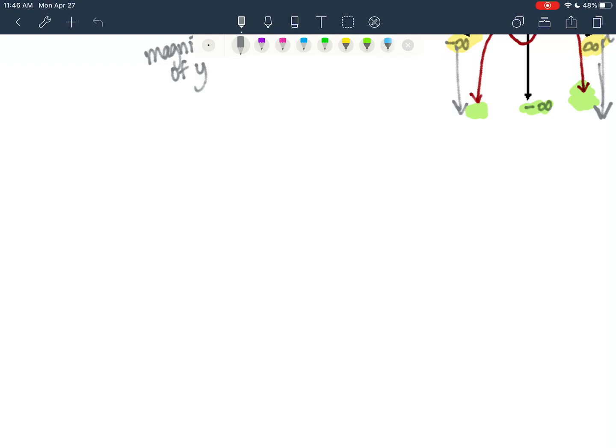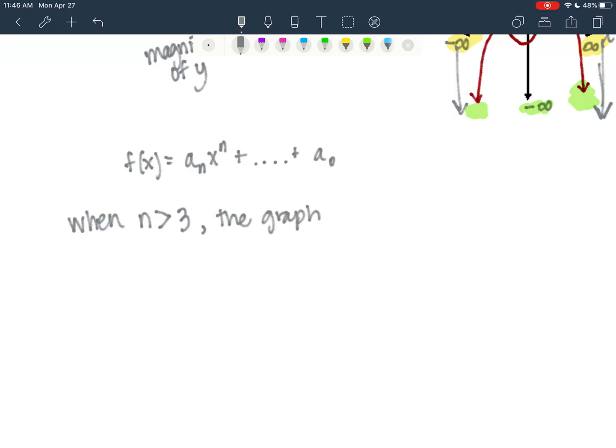Okay, before we begin graphing, let's talk about what happens when our exponent is greater than 3. So we have f of x equals a x to the n, plus and so on, all the way down to your constant. When n is greater than 3, the graph is going to resemble one of two functions. It's going to resemble either y equals x squared or y equals x cubed, depending